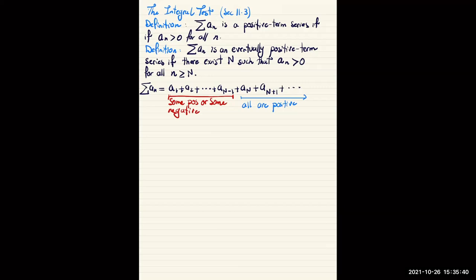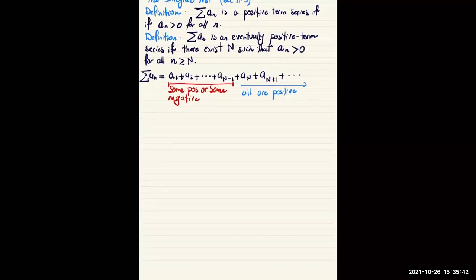Okay, here is an example. This is not a good example because the terms get bigger and bigger, but the sum of n squared minus 81. This is definitely not an interesting series. And we're not going to be looking at the convergence of it because this definitely diverges. But this n squared minus 81,